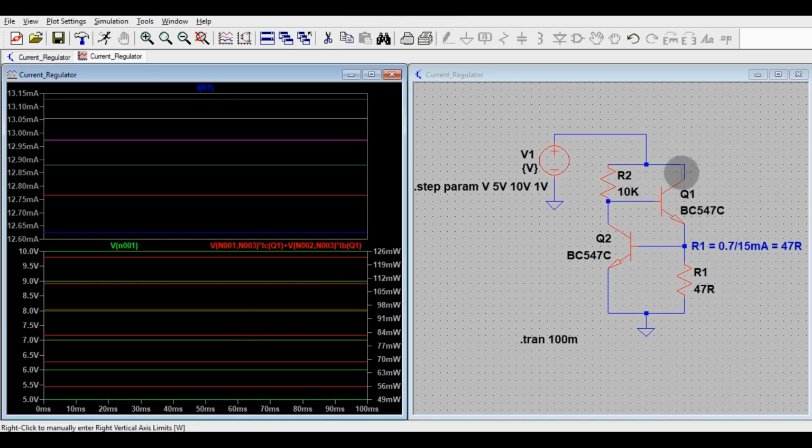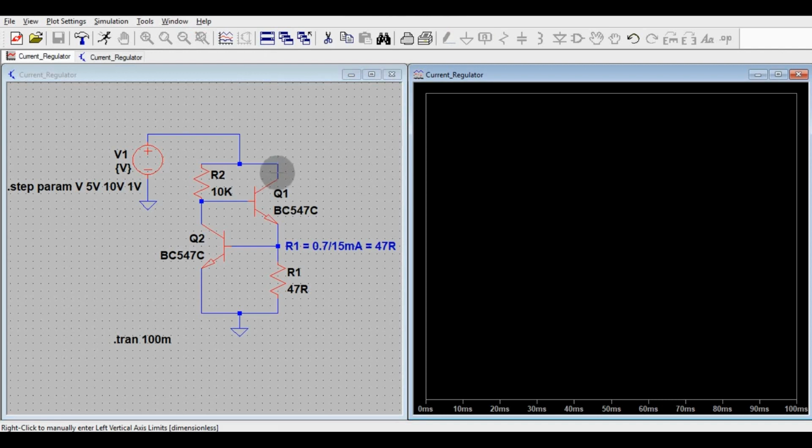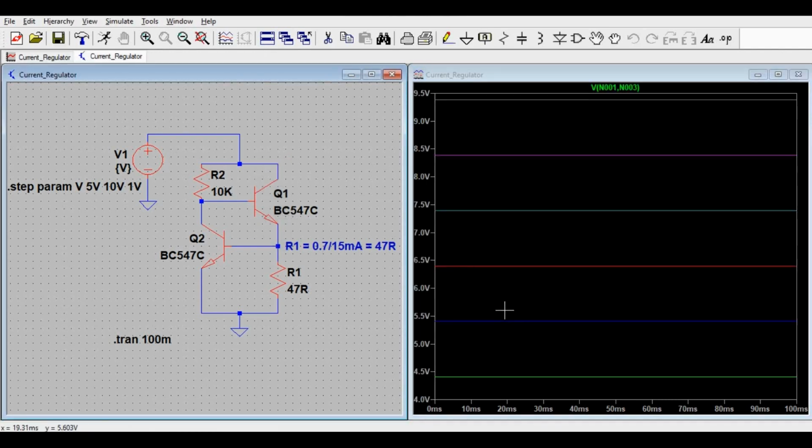So let me show you the voltage drop. Just click it here and just click it here. So I will show you the voltage drop across this. You can see when your input is 5 volt, your voltage drop across this transistor is 4.5 volt, right? This is 4.39 volt.